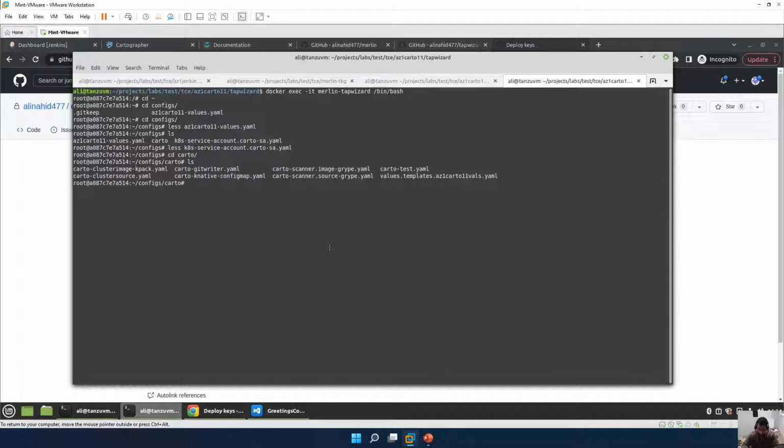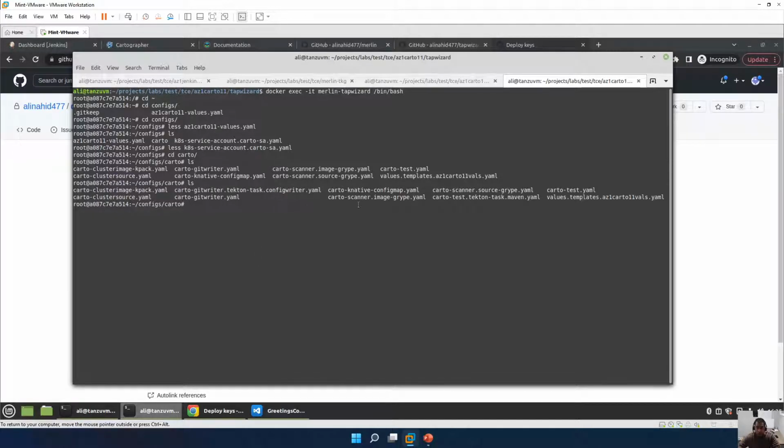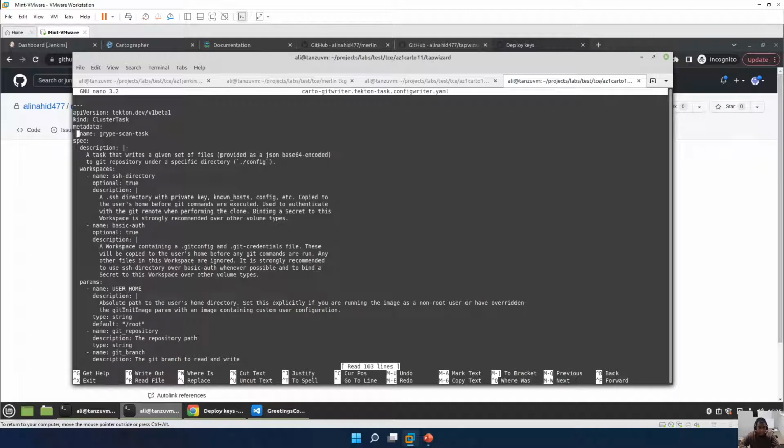So I could just go in here and I can see that's Maven. That is Git writer task. So this file here. So I could go hello Carto Git writer Tekton task. So that's why I've made a mistake. So it should have been Git